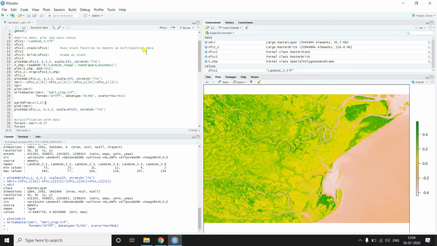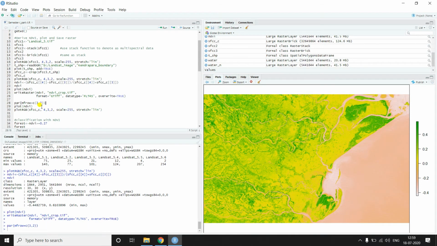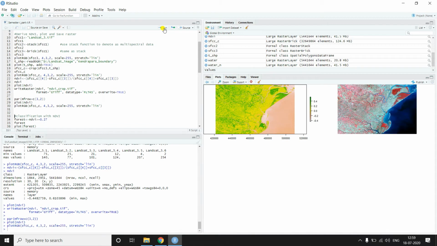If I run this and plot this NDVI, it will occupy one of the boxes. Now I can plot the SFCC image in another window for comparison.